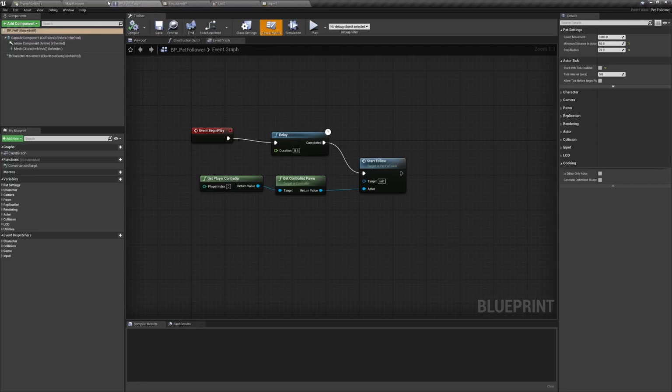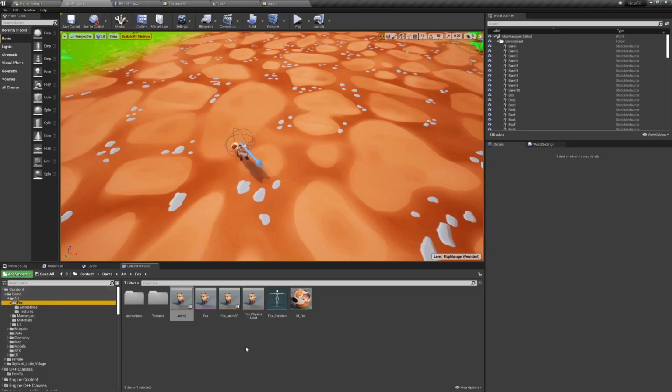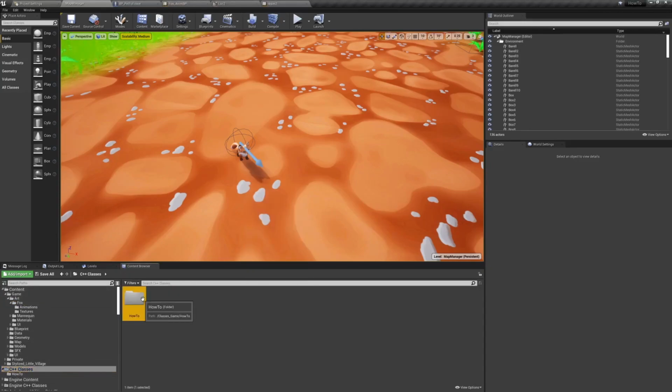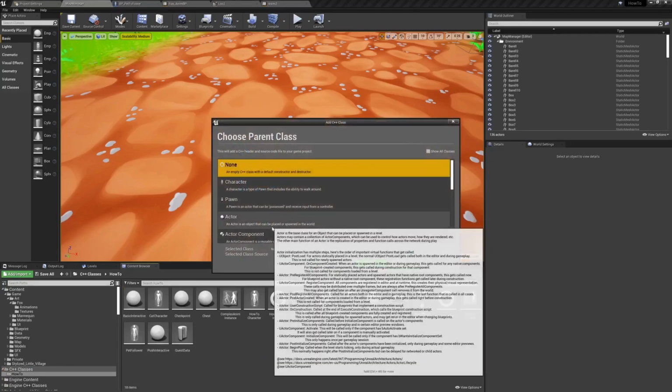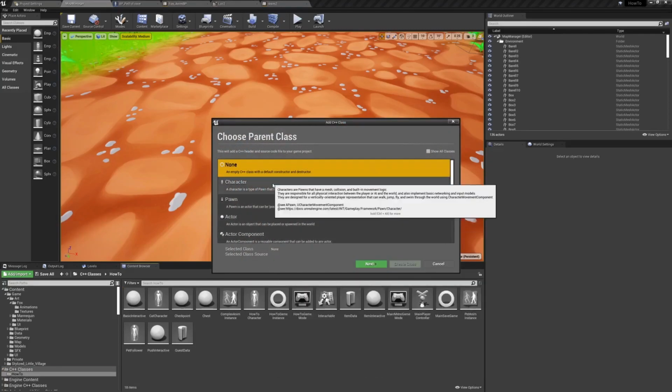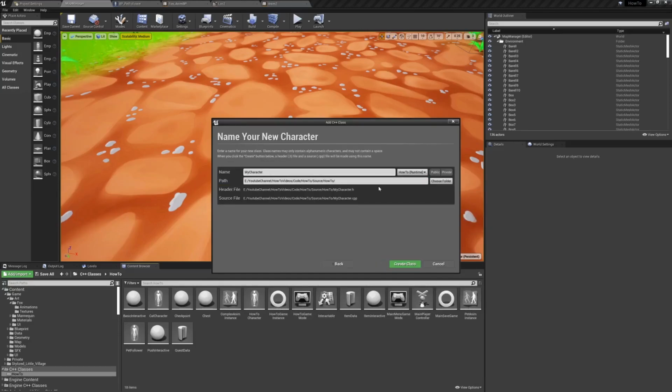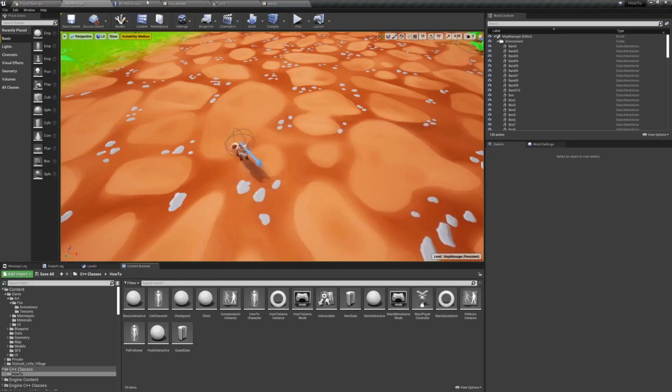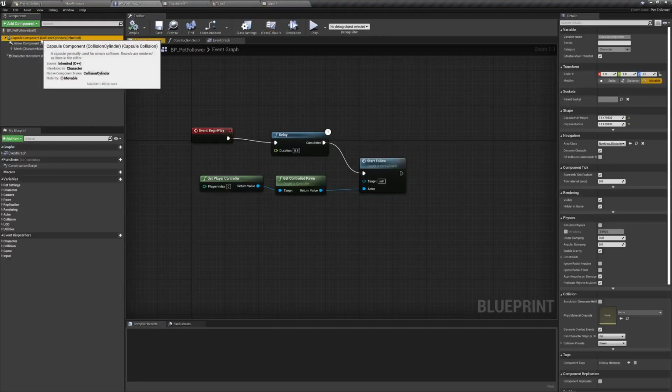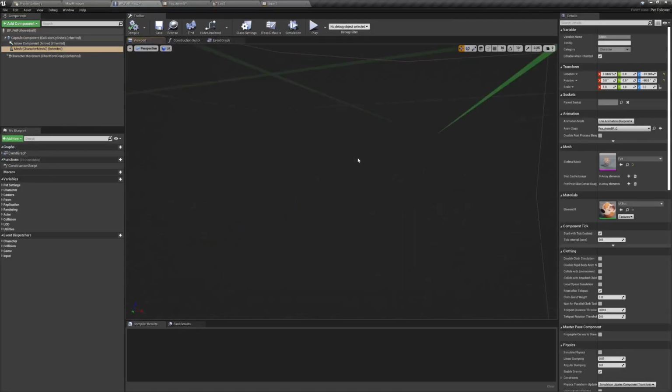So the way I did this class is basically, okay, I went here, New C++ Class, then Character, next, and I set the name. I'm not gonna do this because this takes a while, but I had PetFollower. That's the one I have, so yeah, I can set a different name, but it will be that. So as soon as you get that and compile, you will have these elements by default, which is just a